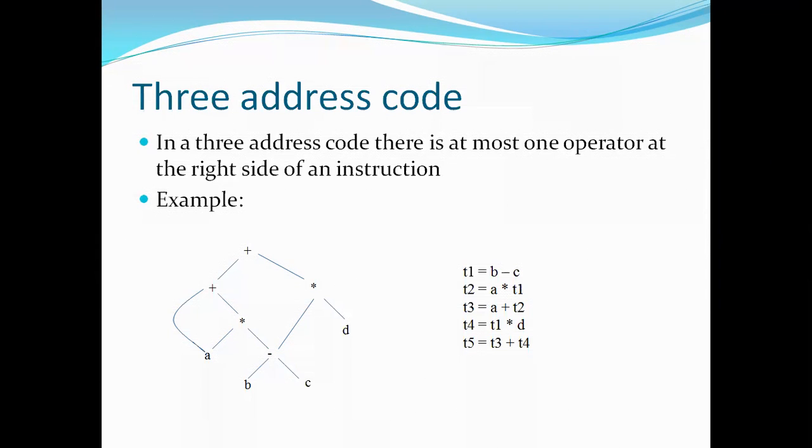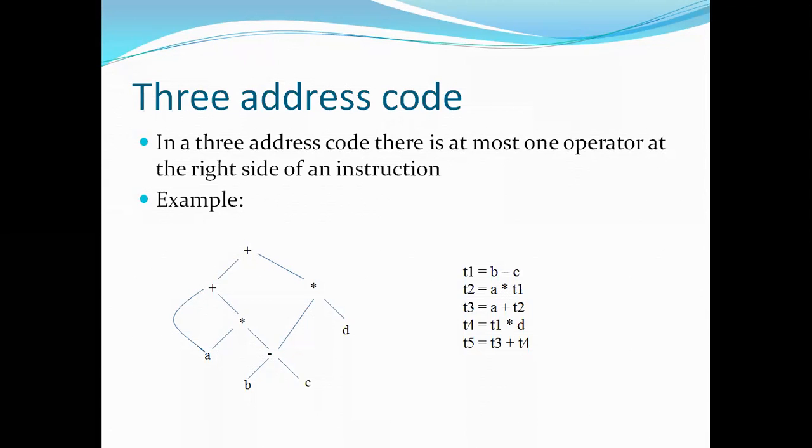That means the operators can be fixed or floating point arithmetic operators, or any type of logical operators, or sometimes we can choose Boolean value data. And here only a single operation at the right side of the expression is allowed at a time. Make a note of this. It's the most important thing that you need to consider. Only a single operation at the right side of the expression is allowed at a time.